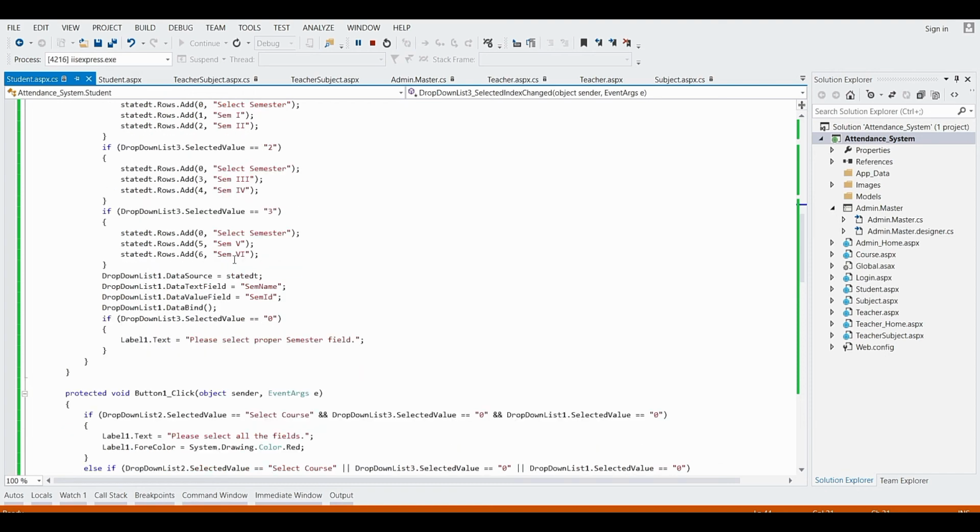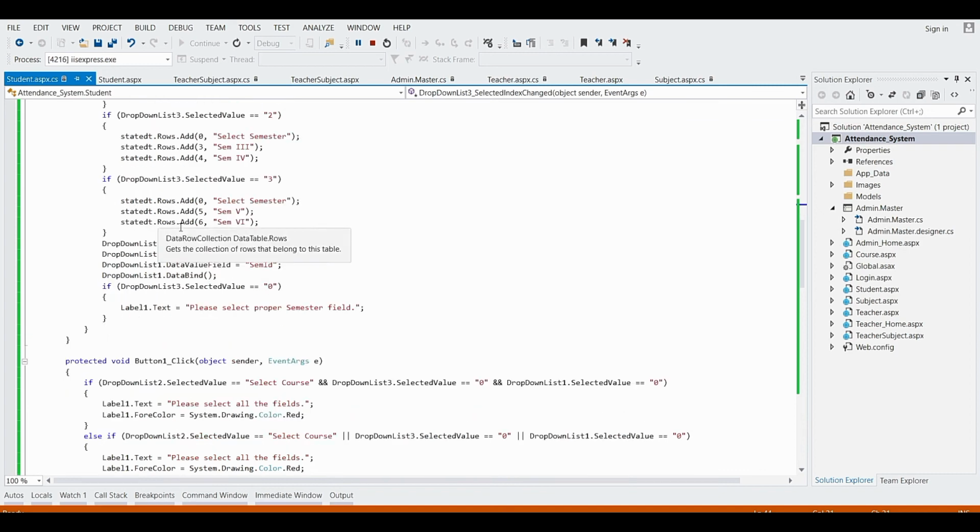If the selected value is equal to 3, then it will add another 3 rows: with id 0, it will add select semester, at the fifth sem id it will add sem 5, and at the sixth sem id it will add sem 6.